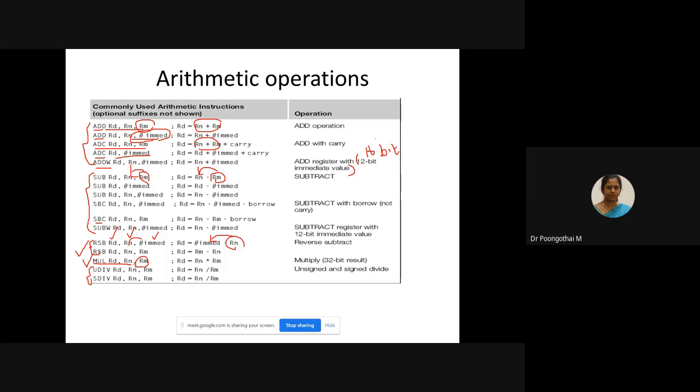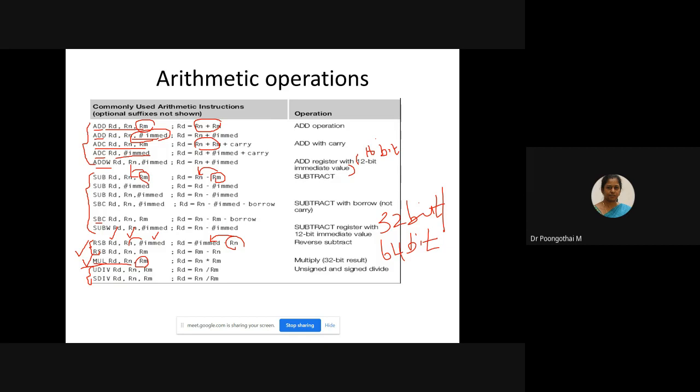A very important thing in multiplication is that when we multiply two 32-bit numbers, the result or product may be 32-bit or 64-bit. Based on the input, your result may be 32-bit or 64-bit. This MUL is the basic multiplication instruction.